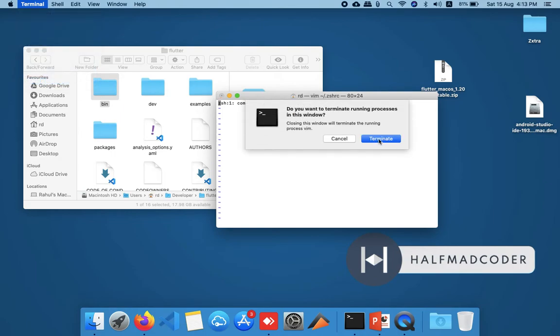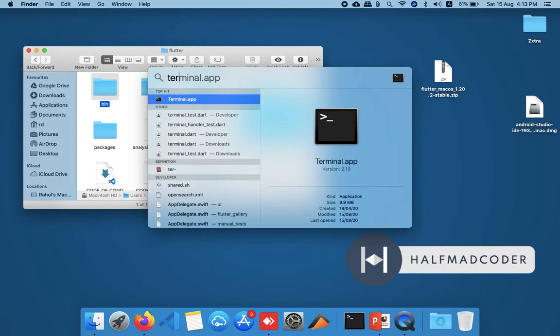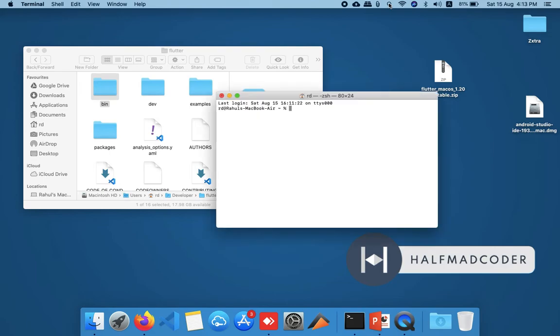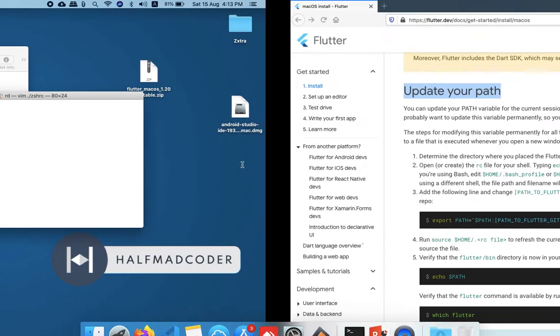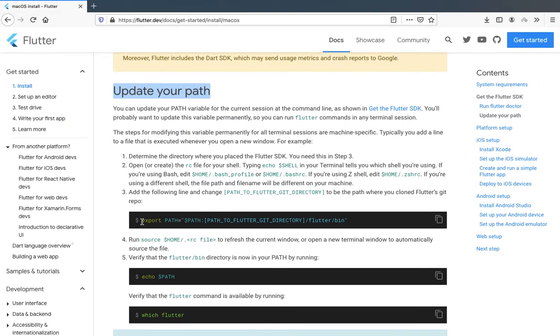Just quit Terminal once, and then open Terminal again, then type vim ~/.zshrc. In your machine this should look like this, a blank fresh file. Now you have to press the I button in order to insert something, and what you will insert is mentioned here: export PATH="$PATH: